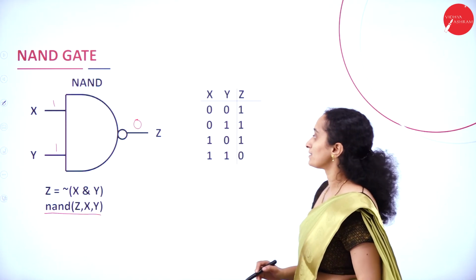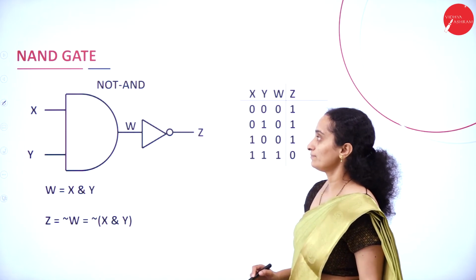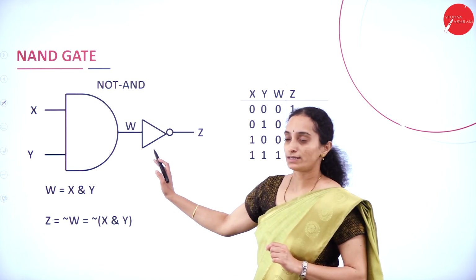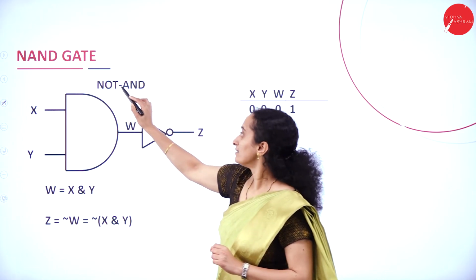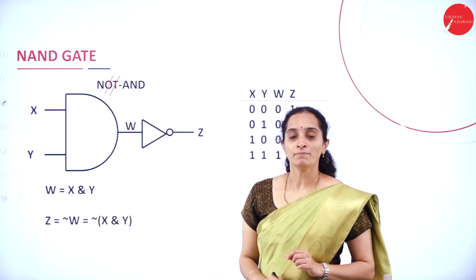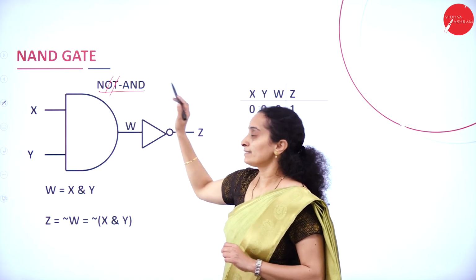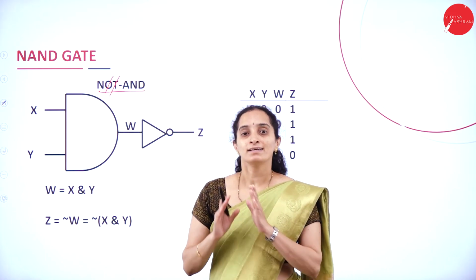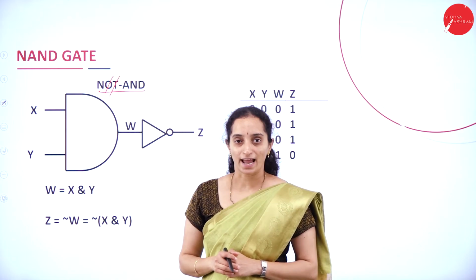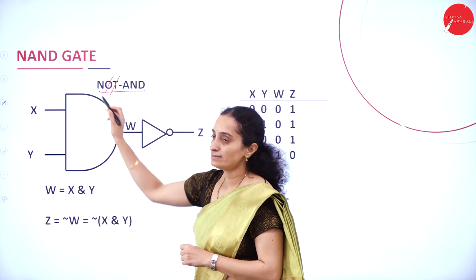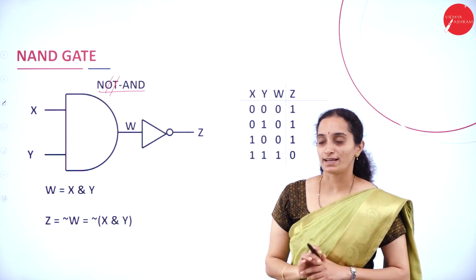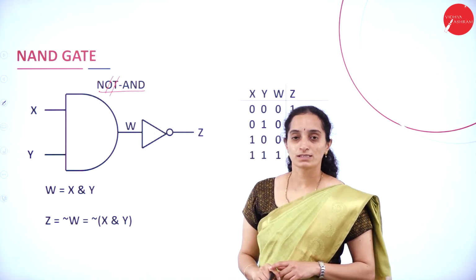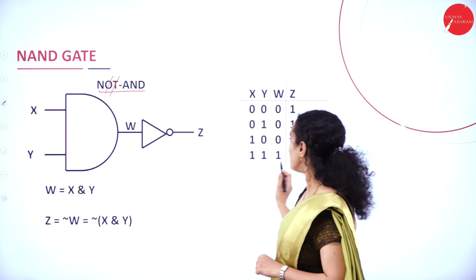How can you represent the NAND gate? You can represent the NAND gate as a NOT gate and an AND gate. NOT plus AND. So the O and T will be removed, and it is called the NAND gate. The NOT gate plus AND gate combine to form the NAND gate. Alright, here we have the actual representation of the NAND gate. An AND gate is complemented using the NOT gate. So you can observe here